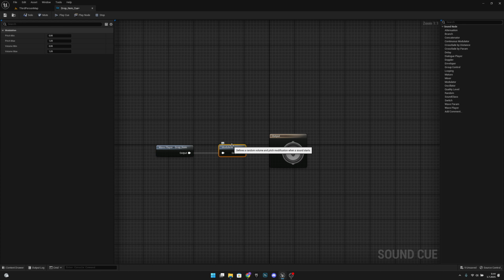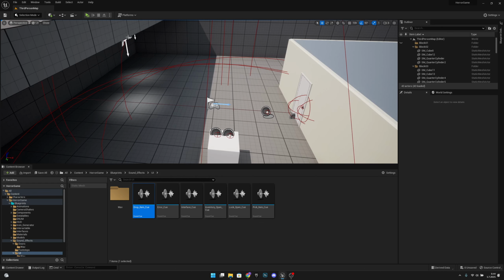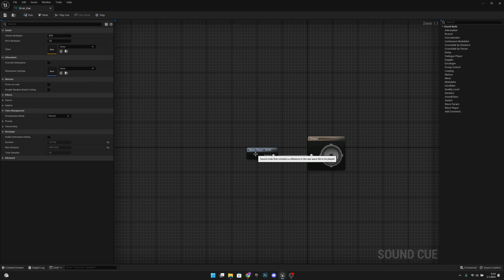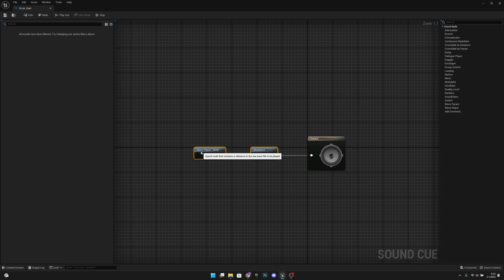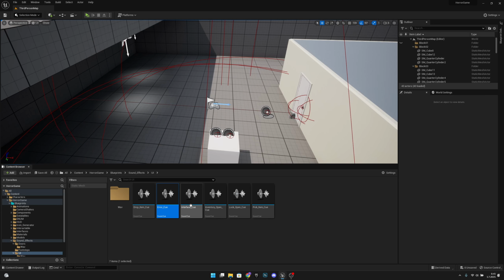So we can add some randomness to the sound wave. Let's click on this and set these values. Actually, we can leave them like this: minimum pitch from 0.95 to the max 1.05, and same on the volume. Those are good values for me. So now let's copy the modulator. Let's save and close this. Let's go to the error cue or whatever is next in your content browser. Let's paste the modulator. Actually, why did I leave that much space there? Then let's save, close, and do it to all these sound